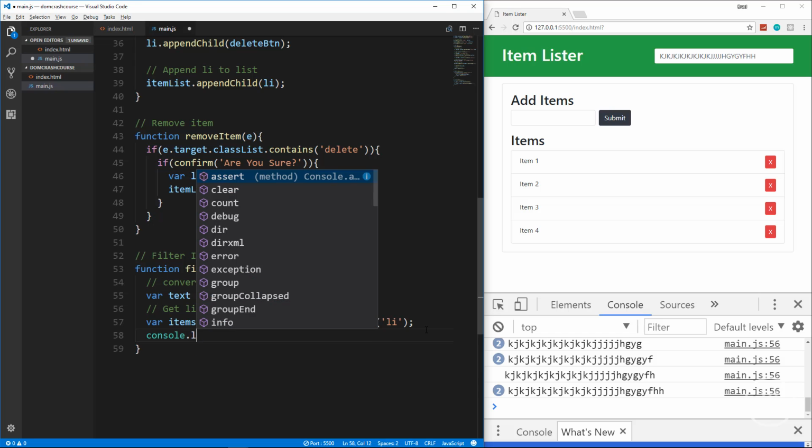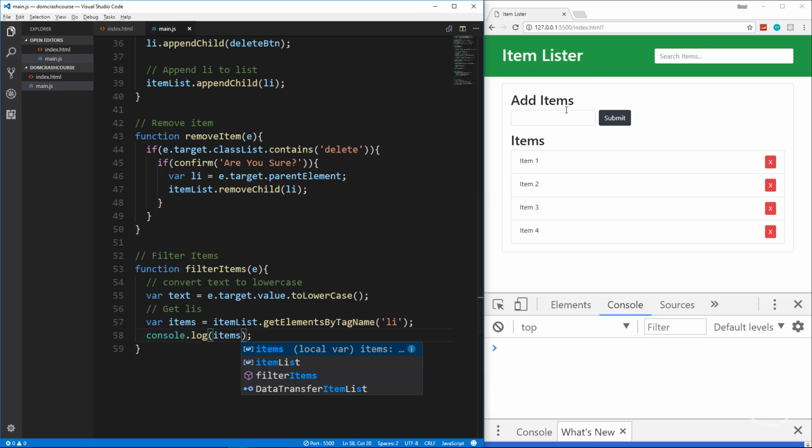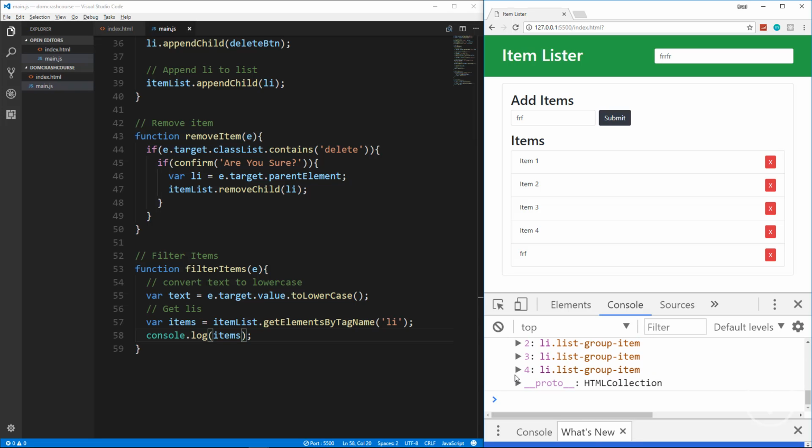If we were to console.log items, what am I doing? Oh, up here. Okay, so if we look at what we're getting here, it's an HTML collection. We need to convert it to an array. So we can do that by saying